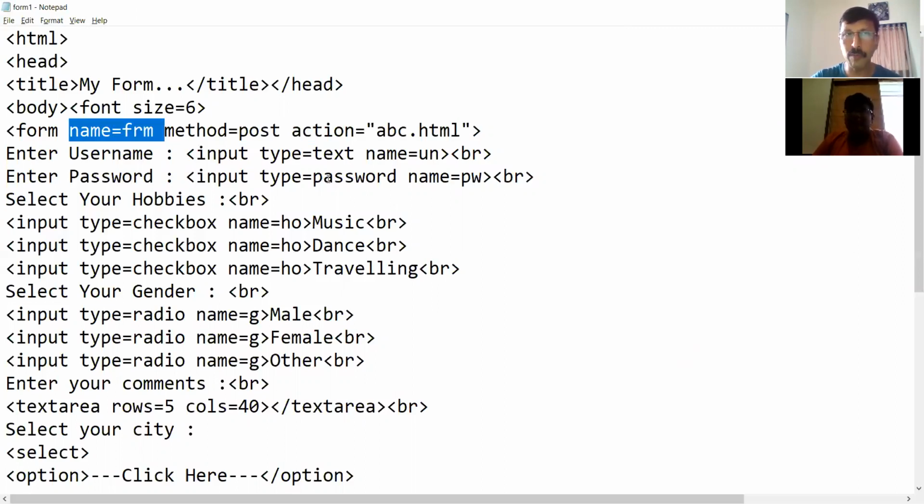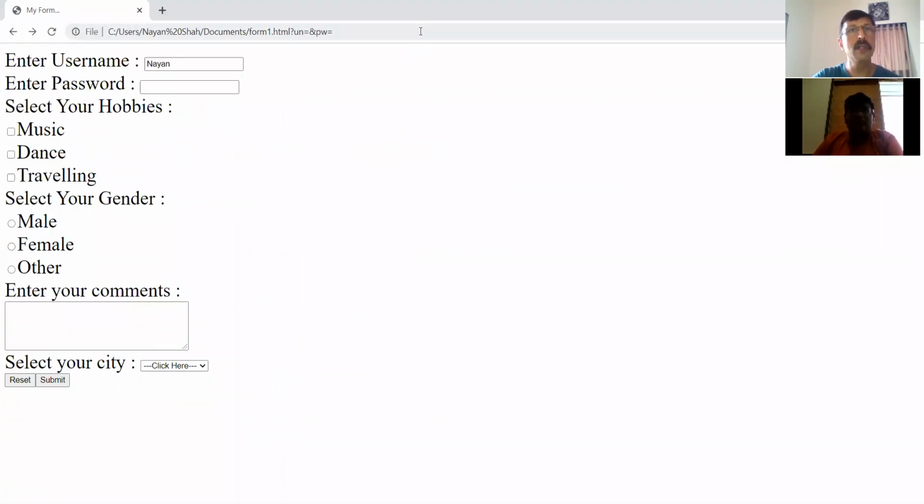Name attribute is common for every field. For now, for the username field, there is another attribute called value. Value is equal to Nayan. If I say value is equal to Nayan, and then if I save this file and go to the browser window, it will show you by default the value Nayan written.